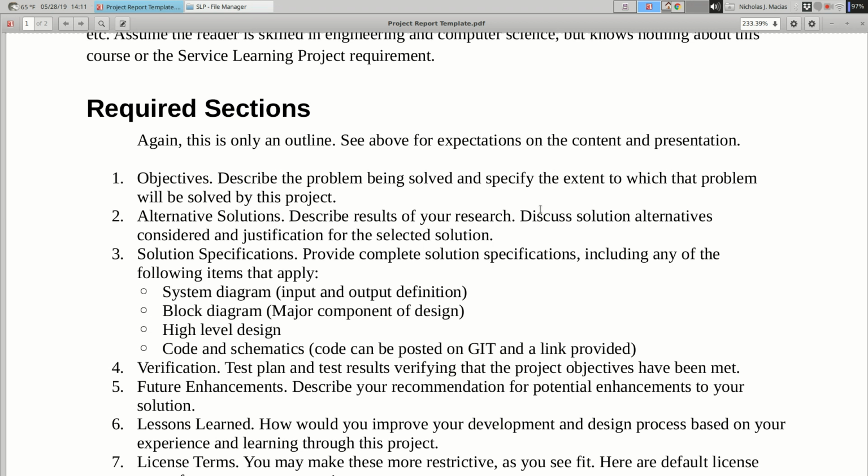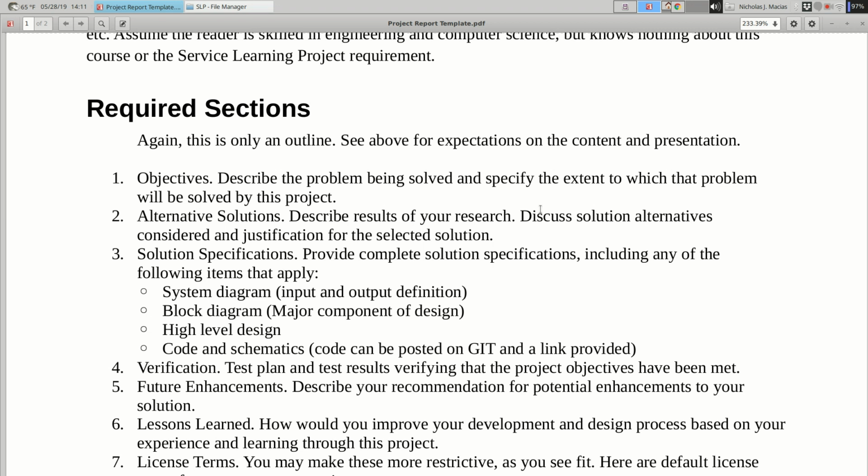And then the usual lessons learned, but think about this. This is something you've spent probably like 40 weeks on, maybe not continuously. But over three quarters at Clark, you've been at least somewhat background thinking about this project, maybe working on it at different points during that. What have you learned? It can be things that you learned in engineering, computer science. It can be things you learned more on the soft skills side, like organization or time planning or goal setting. So you can do whatever you imagine in here.